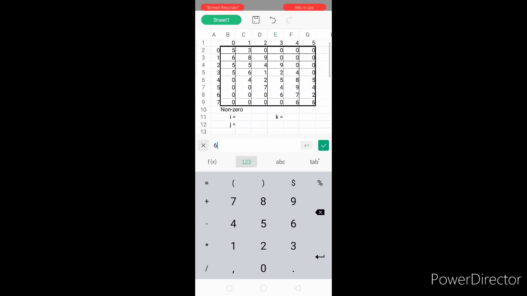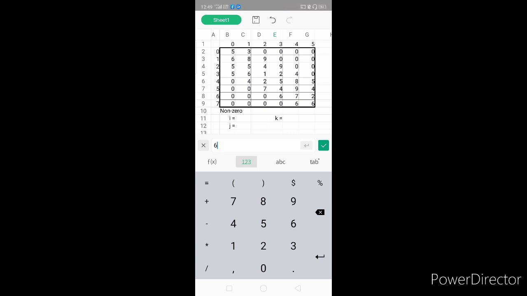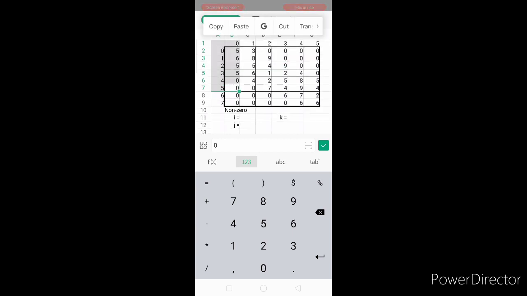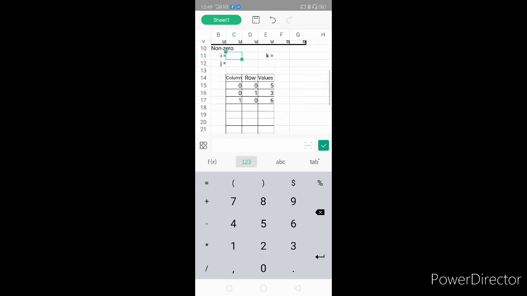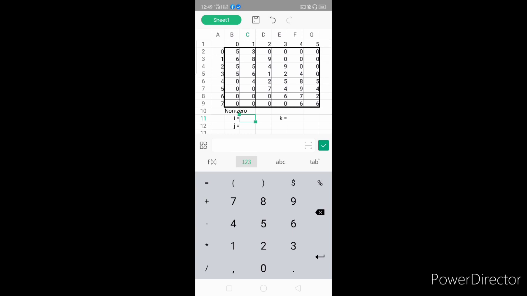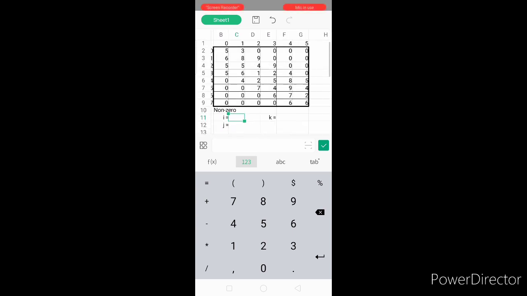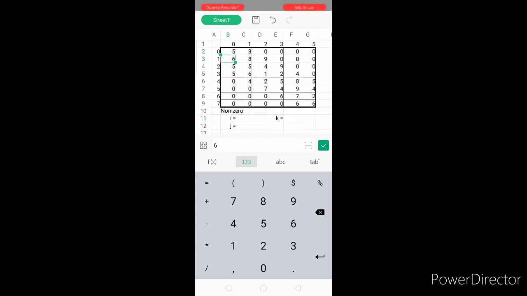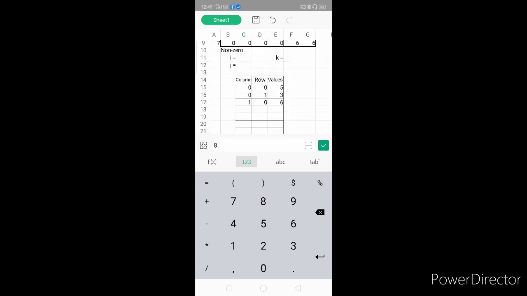So what we will do is look at the non-zeros row by row, and list the values before we find their rows and columns. So we have 5, 3, 5, 6, okay, then 8, 3,